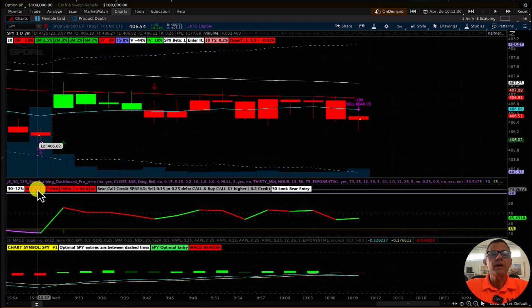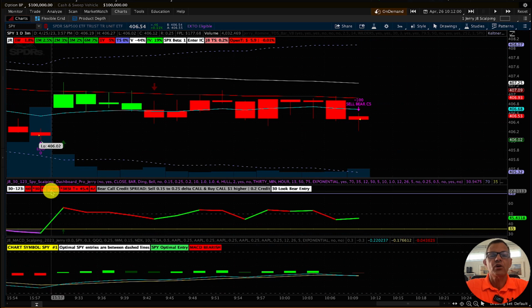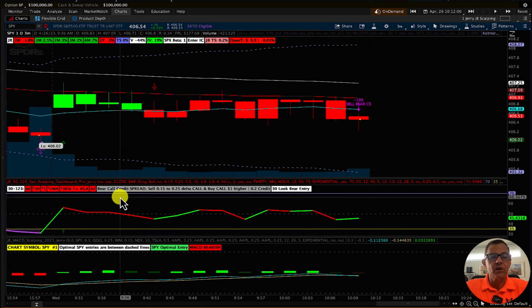We can see the 30-minute is now red. The 1, which is this candle right here, is now red. Our moving averages are red, and our RSI is red. So all of our 4 criteria are set up, and now we can go over and sell that bear call